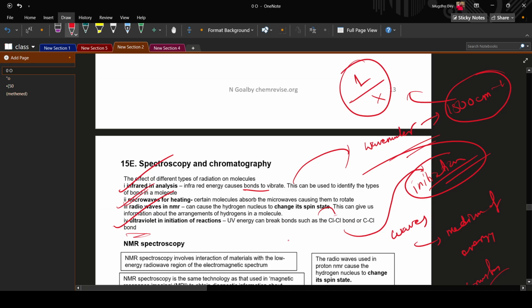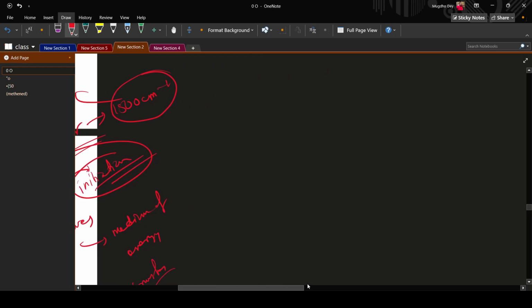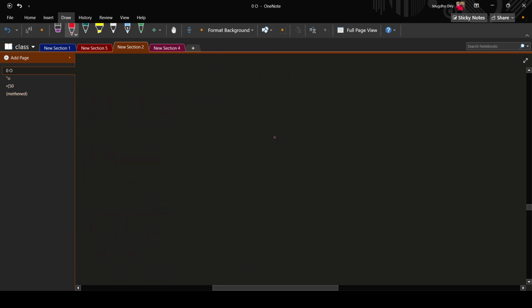Now, the main thing that we're going to deal with is radio waves and, of course, microwaves. See, radio waves have a particular trait. They can cause the hydrogen nucleus to change its spin state. This can give us information about the arrangements of hydrogen in a molecule. Changing the spin state means, if I speak on the atomic scale,